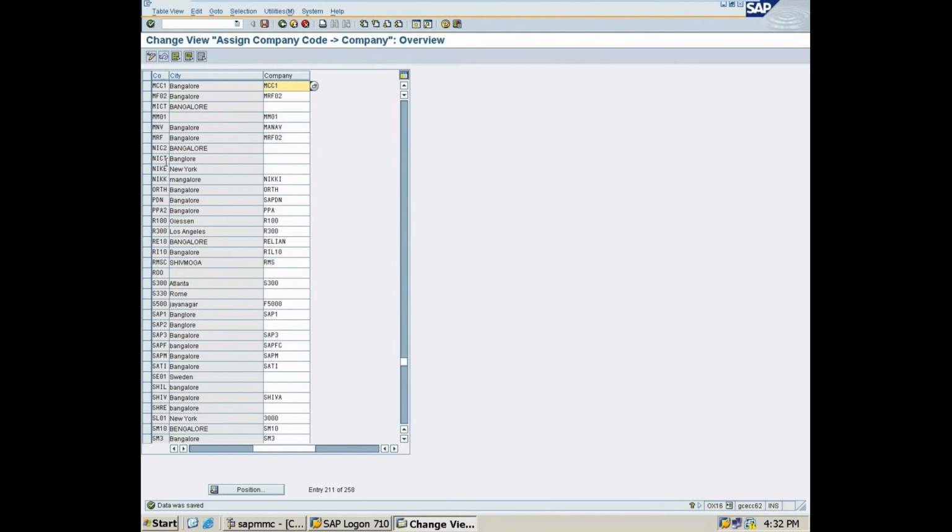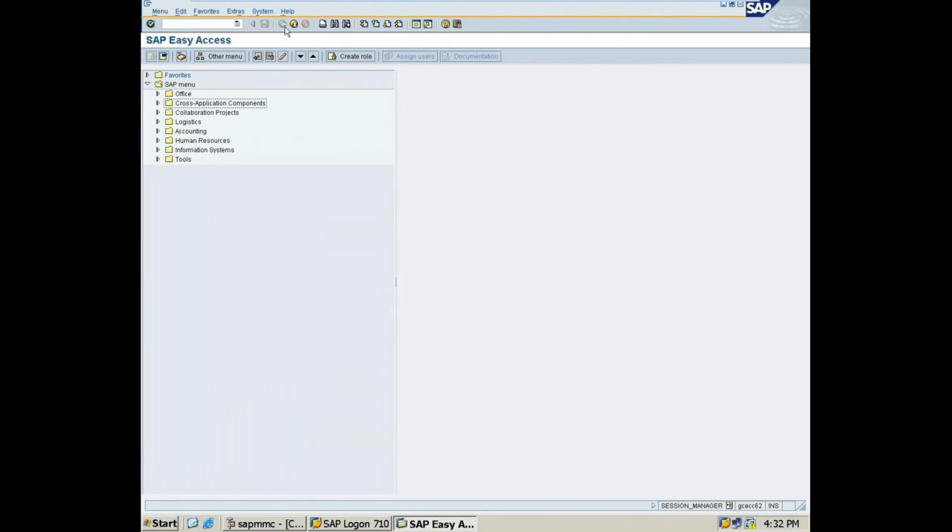Okay. After saving this, come back. Next you need to assign company code to credit control area. The T code is OB38.